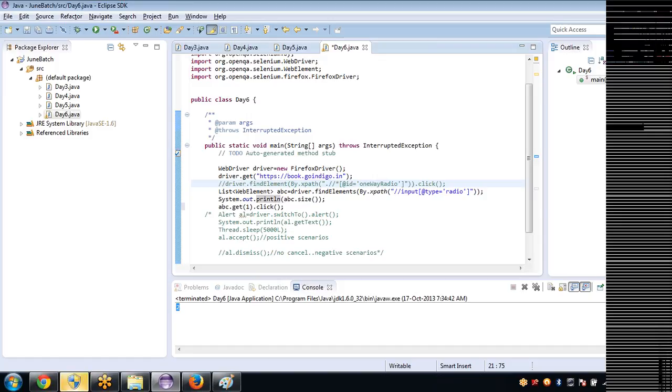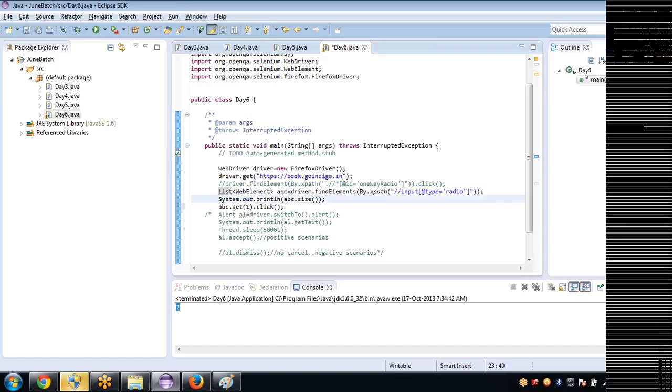Then how will you identify the third radio button out of 4 on the page? This is the question, and the answer is these 3 lines. What you have to do is hit the find elements method and take the common property into a list, and traverse the list with the get method by giving the index. If I want to click on the 4th, then get of 3, because the first one will be at the 0th index, right?